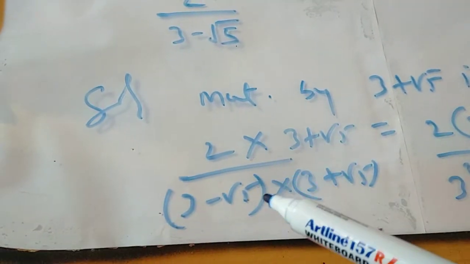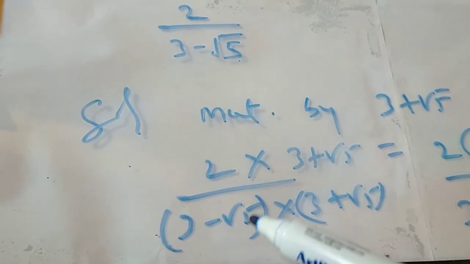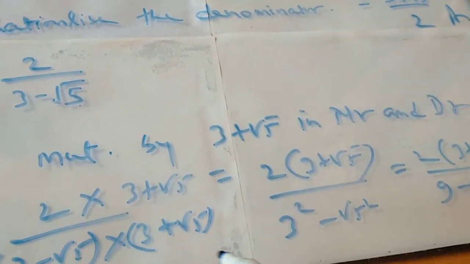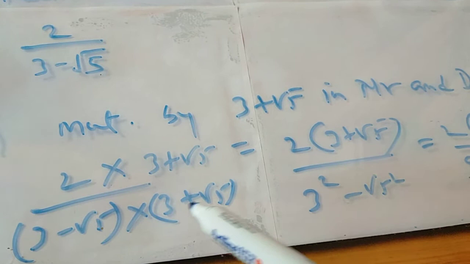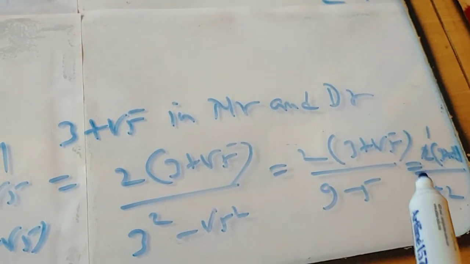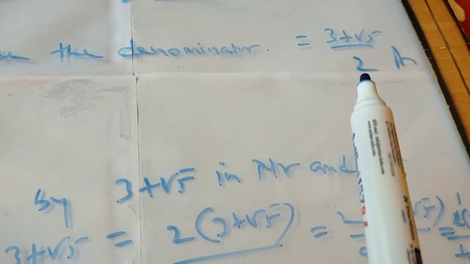So first you have to multiply by the conjugate of the denominator. The denominator is 3 minus root 5. So I multiplied numerator and denominator by 3 plus root 5. Then I simplified. I got a square minus b square in the denominator. After simplification it is 4. Now cancelling out by 2, it gives 2 in the denominator. So now it is converted into a rational denominator. Converting an irrational denominator to a rational denominator is called rationalization. So we have rationalized it.